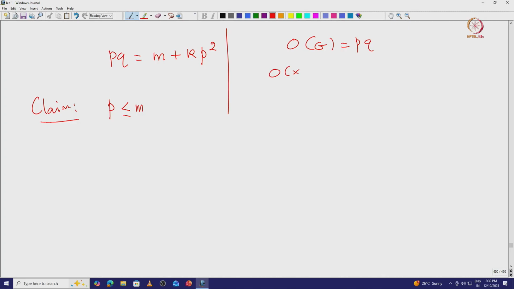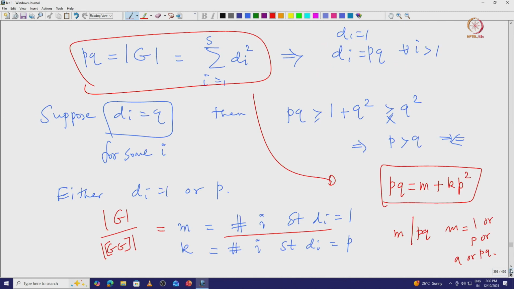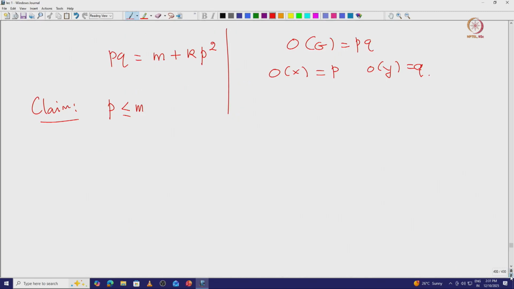So, there is an element of order p and an element of order q. Okay, so this requires actually some information about the commutator. So, let us go back. Using basic group theory, maybe I will leave it as an exercise, that